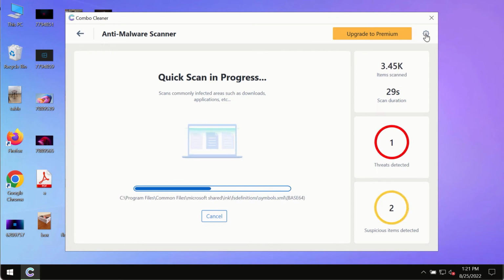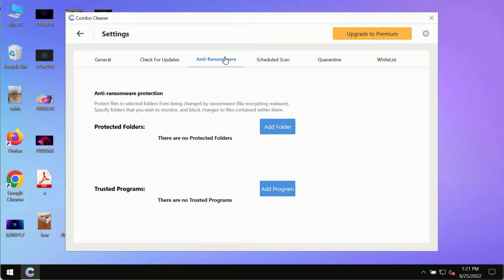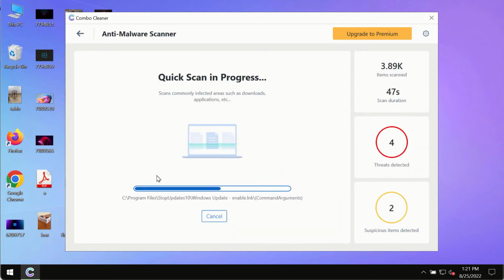While the scanning by Combo Cleaner is taking place, please pay attention to several features in Combo Cleaner such as anti-ransomware. This feature, for instance, allows you to add several folders that will always be protected against ransomware or malware attacks. At the end of the scanning, you will see the detailed summary of all the threats which